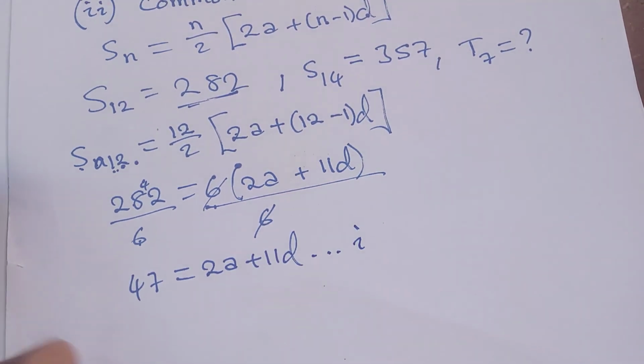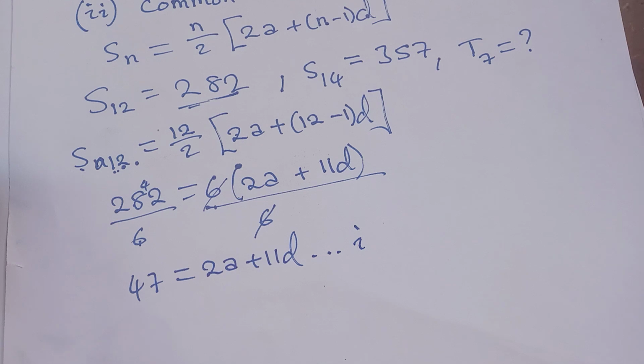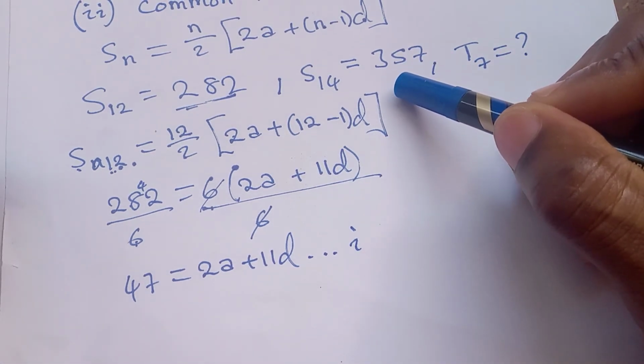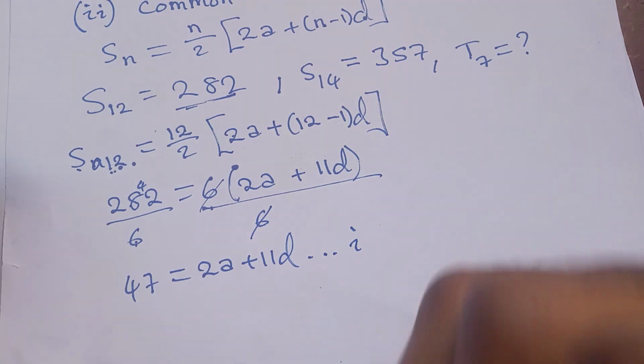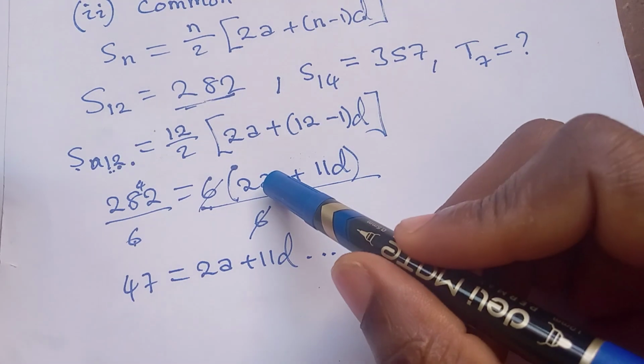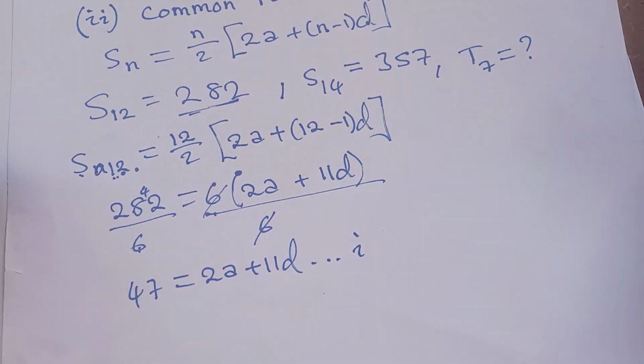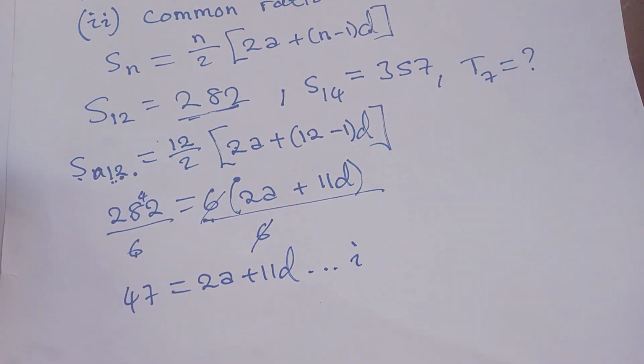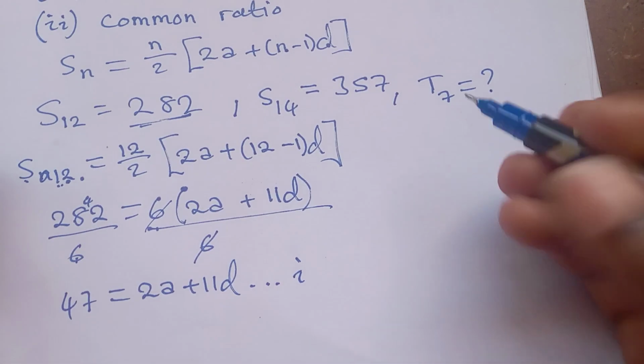And then this one will be our equation 1. And then we can use this to find our equation 2. And then we can solve the two equations simultaneously to find the values of a and d. Once you find the values of a and d, then finding the seventh term will be porridge. Okay, so